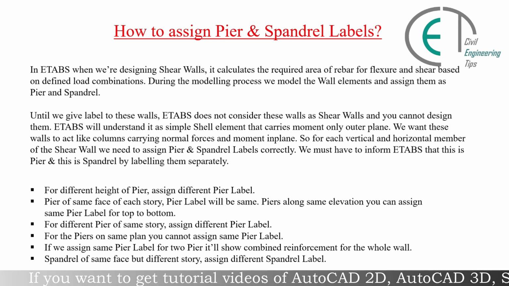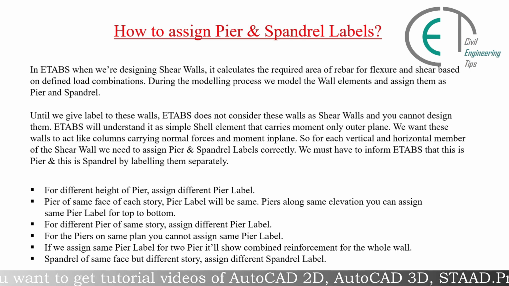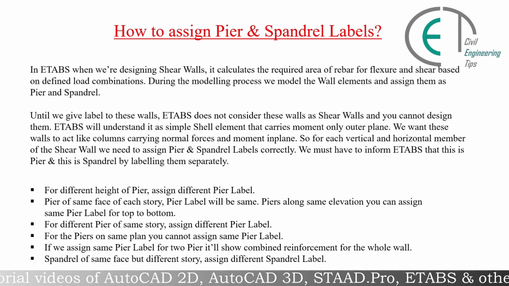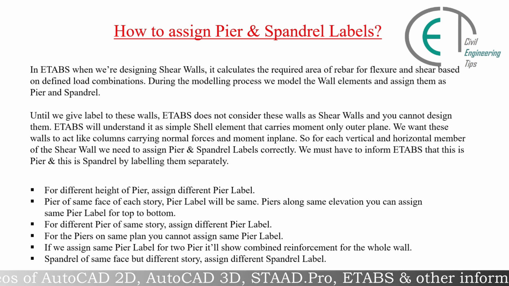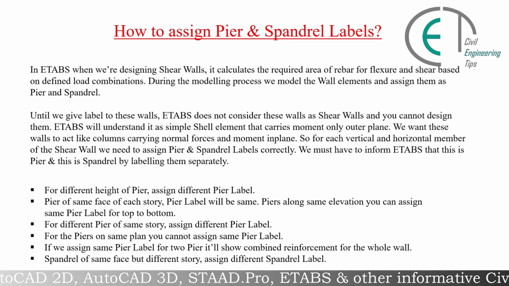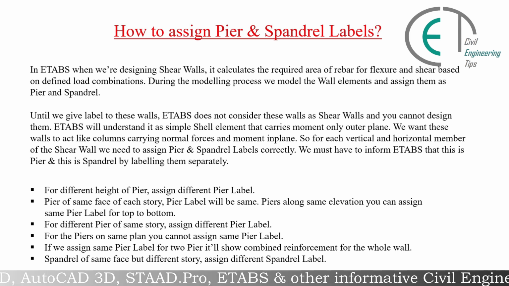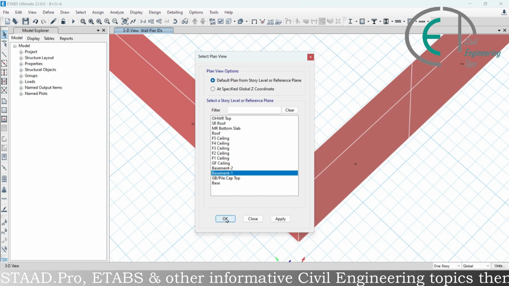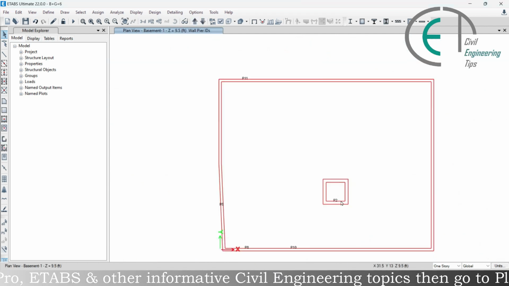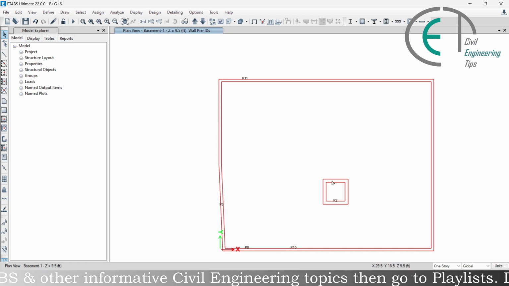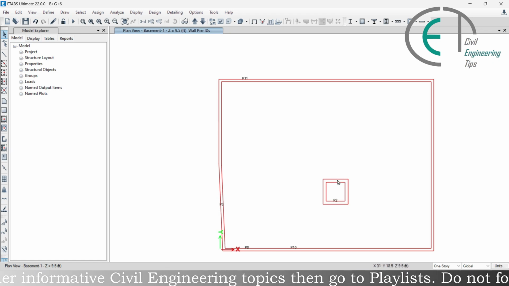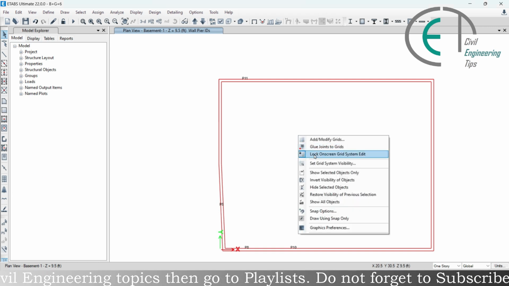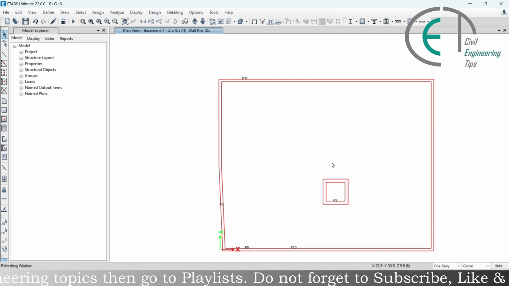So we have completed the process of labeling piers already, and now we're going to discuss spandrel levels. And it says that spandrel of same face but different story assign different spandrel level. So let's go to plan option and go to any level and click on OK, and here we can see that this is a lift core shear wall and this is the face where the opening is, and we have to find them first. For that I'm giving a right click and clicking on set grid system visibility, and we